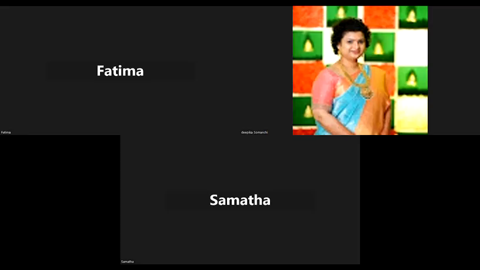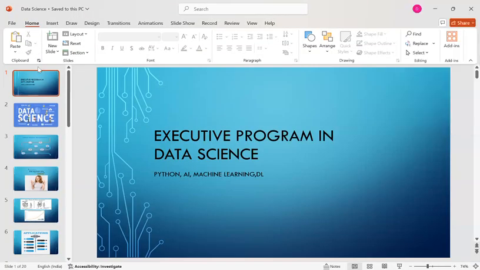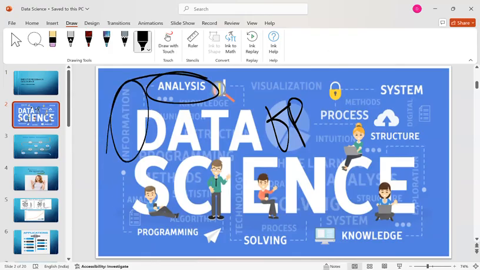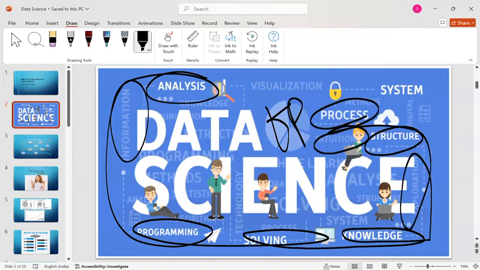And apart from that, when coming to future predictions, many people say that data science is nothing but future predictions. Of course, yes, we do agree. But many people think it's a small process, and it's not at all a small process. It has n number of things involved. You should analyze the data, gather information on the data, program it, problem solve it, get detailed knowledge about it, explore it, structure it, intuit algorithms on it, process it and visualize it. All together is called future predictions, because without analyzing the data, you can't do future prediction.